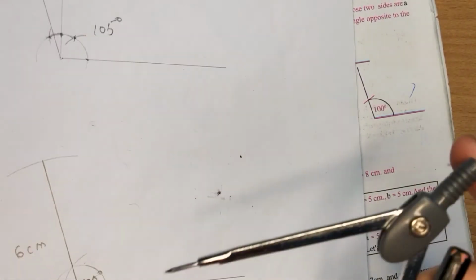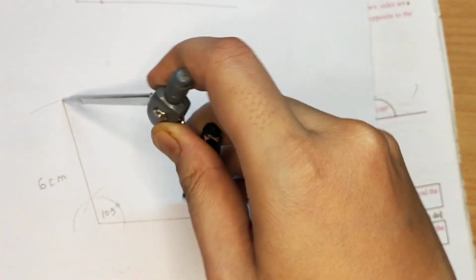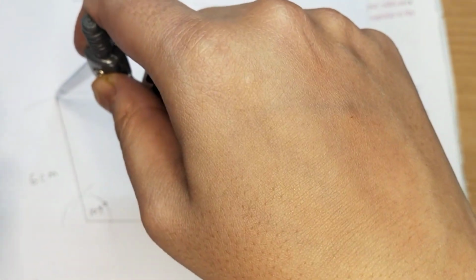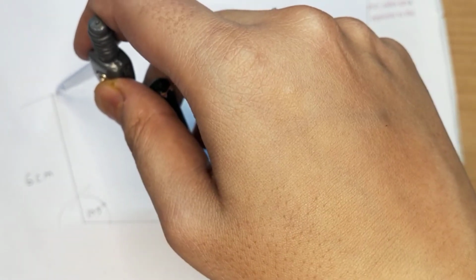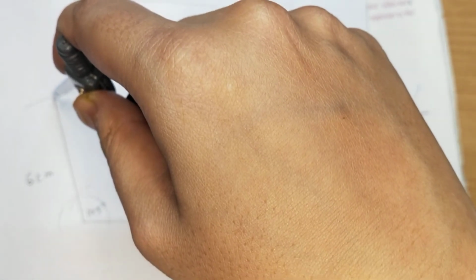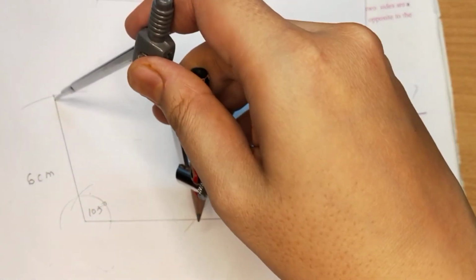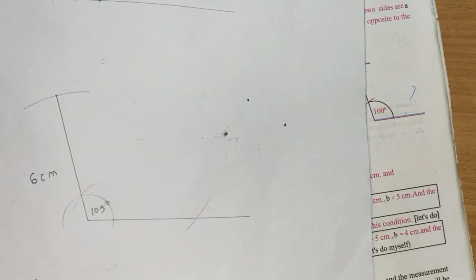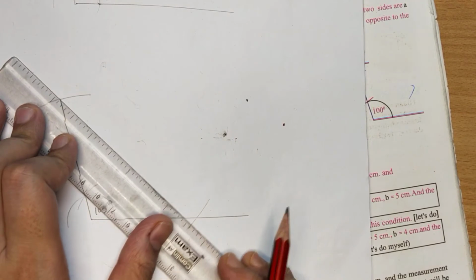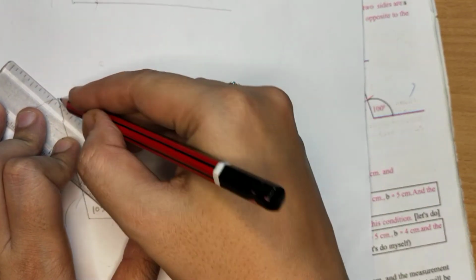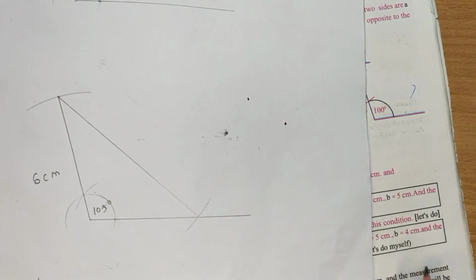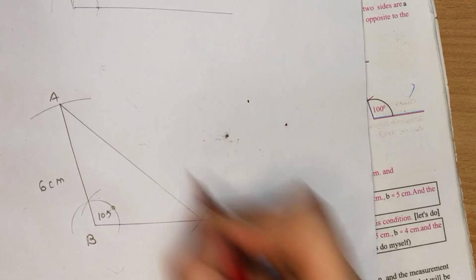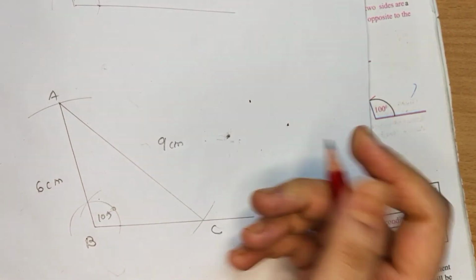Clear? I am just putting the end of the compass here. I am intersecting it here somewhere. Just putting the center of my compass here. Just pay attention here. After that I am intersecting the base of the triangle here. So it will exactly come as 9 centimeter on this side. If I take this point as A, this point as B and this point as C, I am noting it as 9 centimeter.